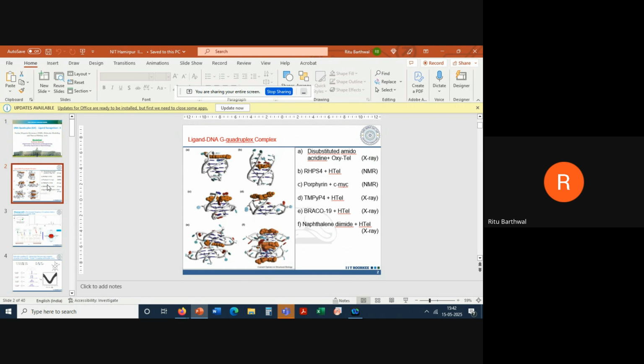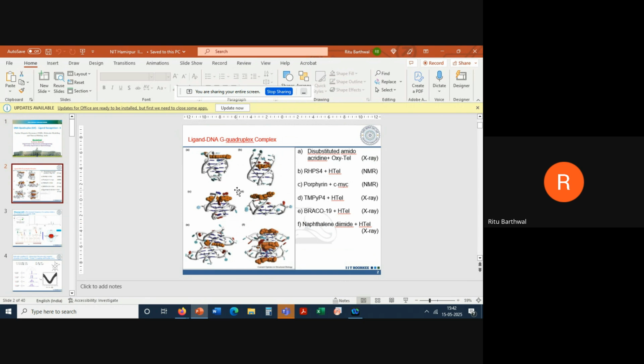So either we take cancer cells or we take some other living cells whichever are appropriate and do in vivo or in vitro studies by using some techniques, use cell-based assays. I come back first to that, and at the end I will tell you about some of the cell assays and general aspects. Coming back to the ligand DNA G quadruplex complex, since I'm going to tell you about the